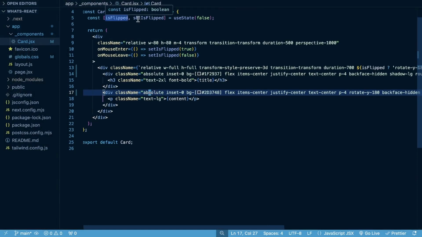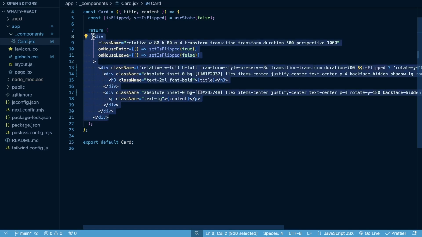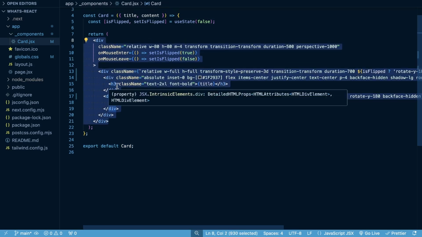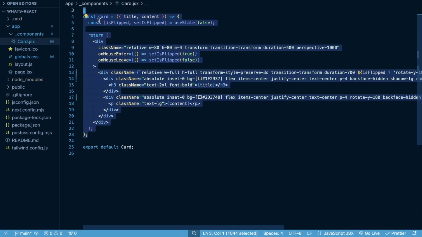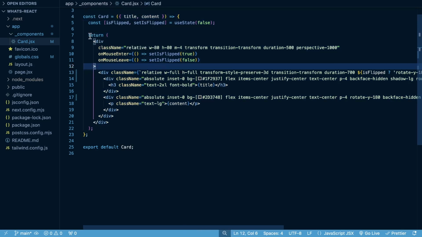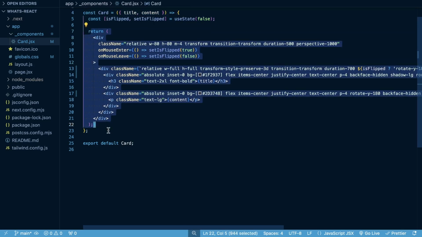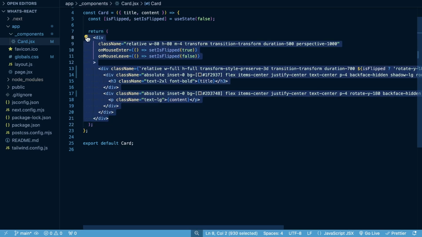So this is my card function here within React.js that I used to build this website. You can see it has a title and content, and then we'll get to interactivity here in a second. But what it returns is a div, an h3, a p tag, on mouse enter, on mouse leave, and it's just a JavaScript function here. So const card is equal to an anonymous function that returns what looks like HTML. But this right here is JSX, which I'll of course have their own dedicated videos on.